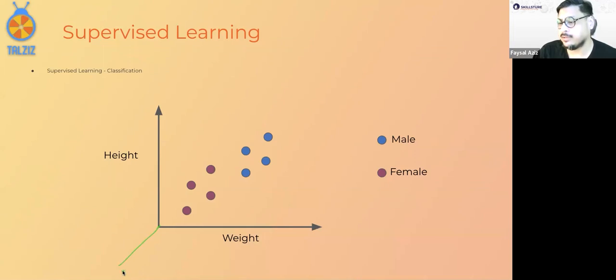Okay, so I put another dimension over here, which will deal with hair length. Maybe it has some effect. So now it's in 3 dimensions. Maybe it will help with my prediction. Maybe it will not. But what I'm trying to show you is that as we add features, it goes into a different dimension. If it goes beyond 3, it becomes very hard to conceive it, which is why I am showing you.